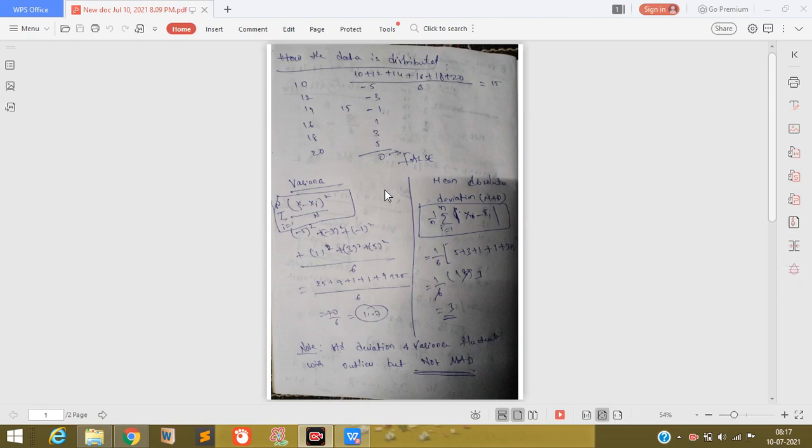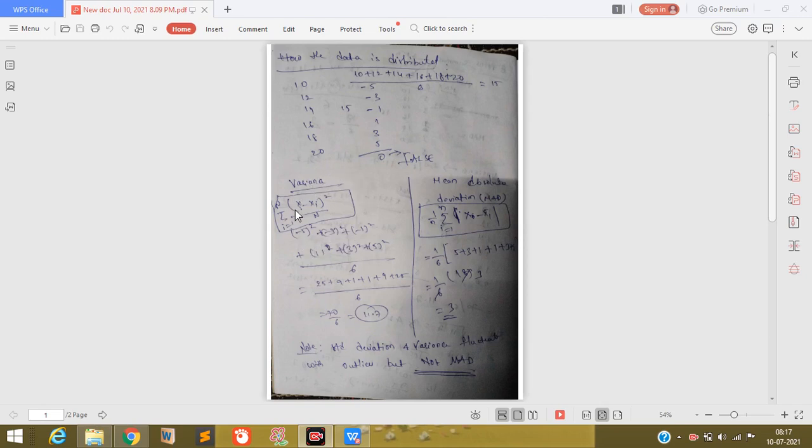So to solve this, we have variance and mean absolute deviation, which is nothing but math. So what is variance? The formula: variance squares the values, so the negative numbers turn into positive, and the formula is the sum of xi minus the mean, all squared, divided by n. This is the population variance. When you take the sample variance, you get n minus 1 in the denominator.